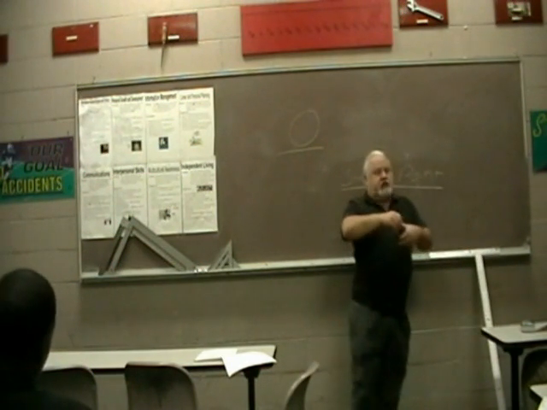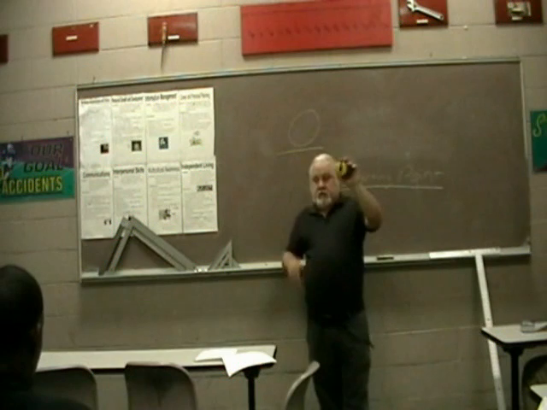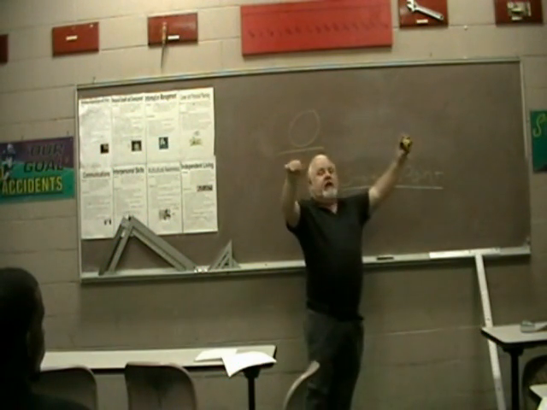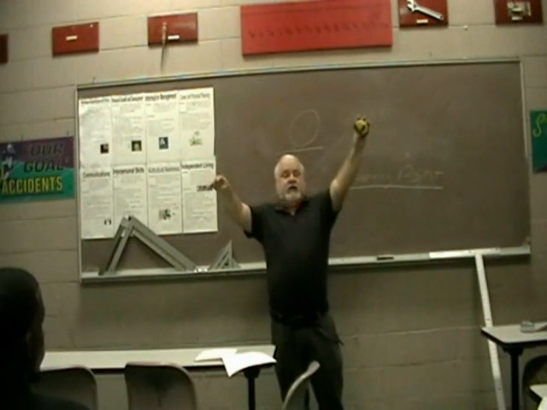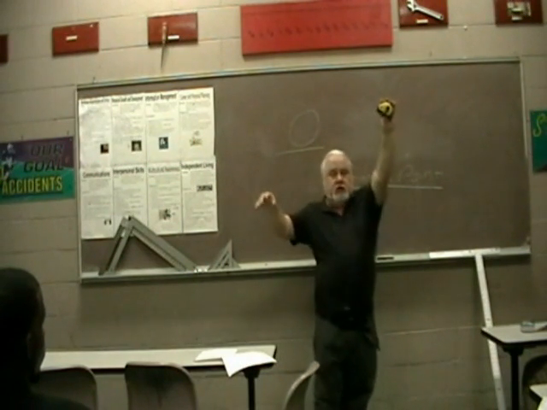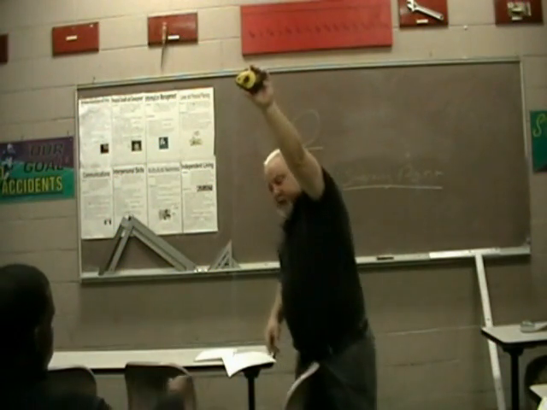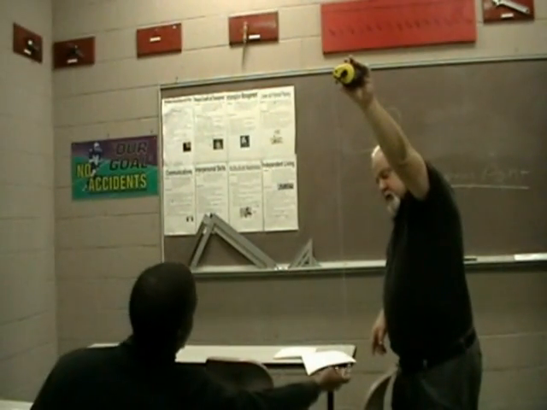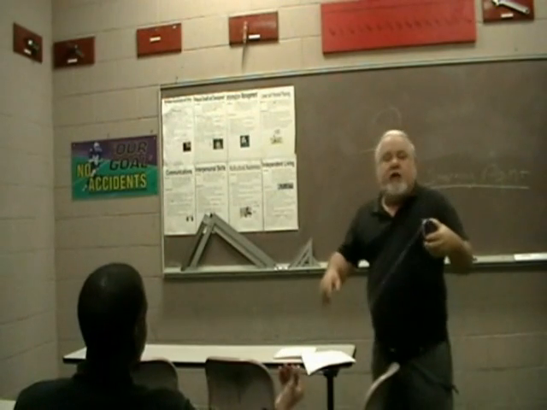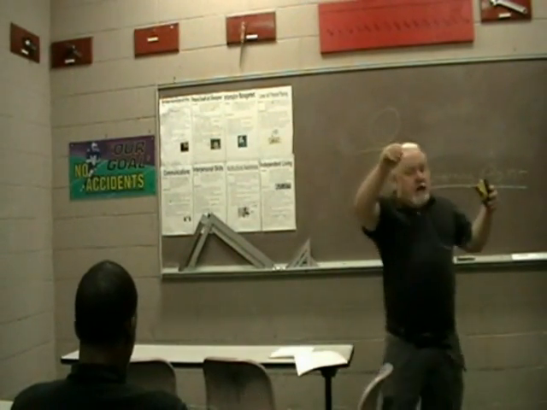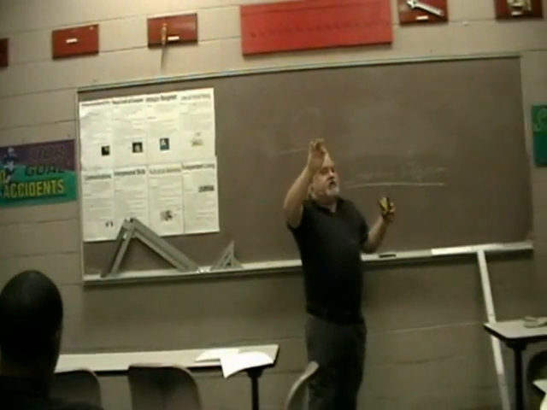Who can tell me what this tool is right here? It's a chalk box. Now my question to you is, now that we've had this discussion, does it have a 0 point? Yes. Where would that 0 point be? Could you show me where you think that 0 point is? It's the very end of it, isn't it? The beginning of this line, this point right here, is the 0 point of this chalk box.